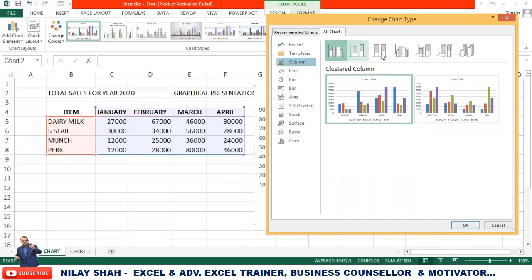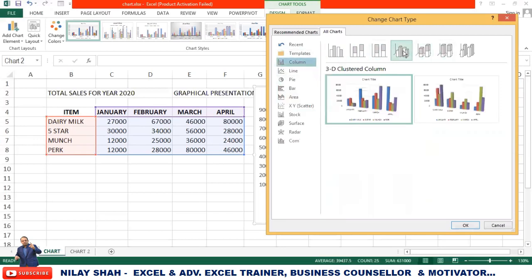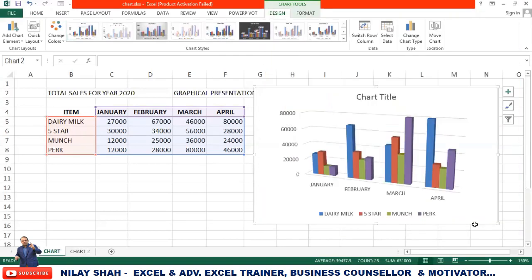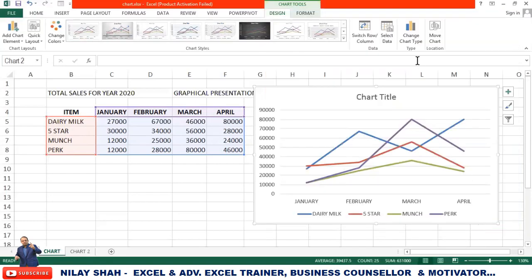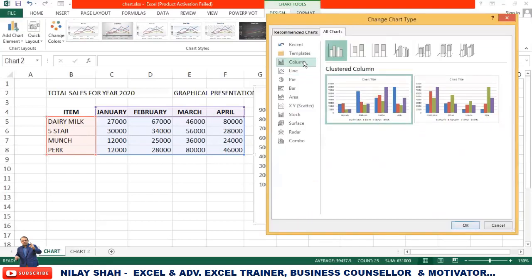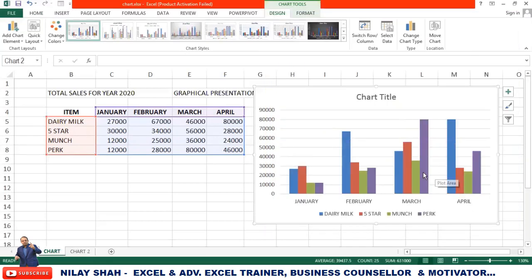Once again, a column chart, but from the column charts you would like to choose a 3D one. Just click on the 3D one and click OK, and now you can see it converts your routine data into a column chart, but 3D. Once again, we'll change it. If you want a line one, click OK, and this is your outcome as a line chart. Once again, I would like to have a simple chart, that is my column one. So once again, this is my column chart.